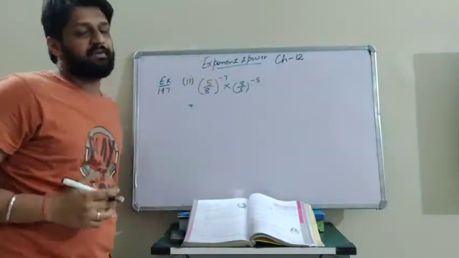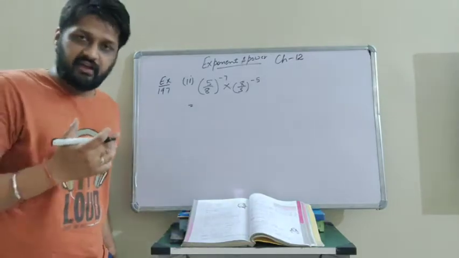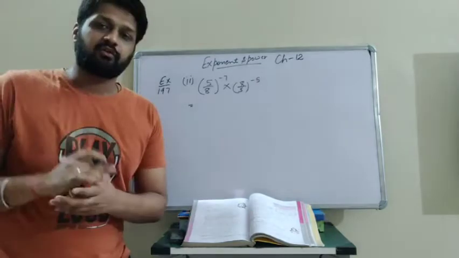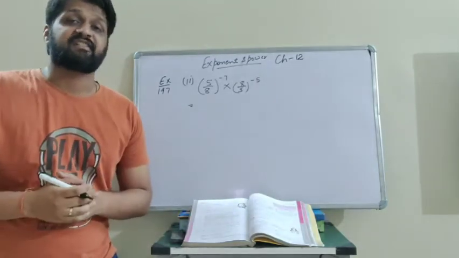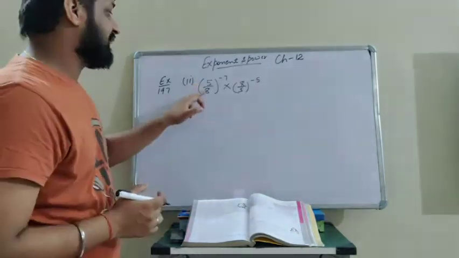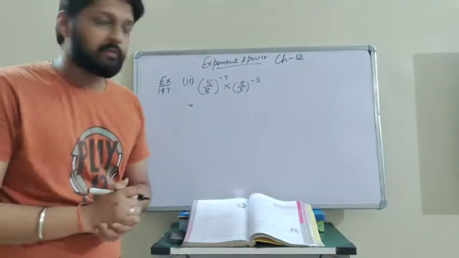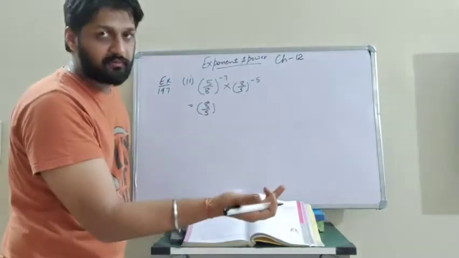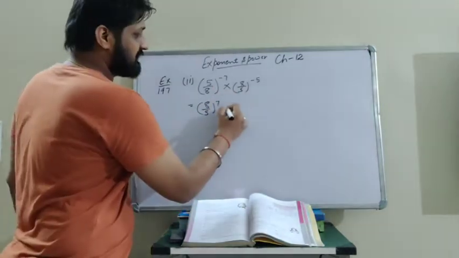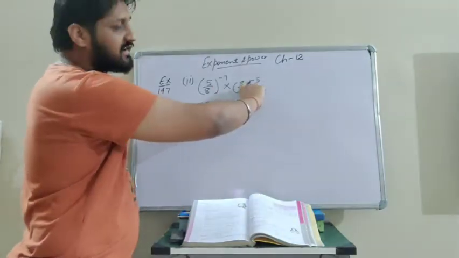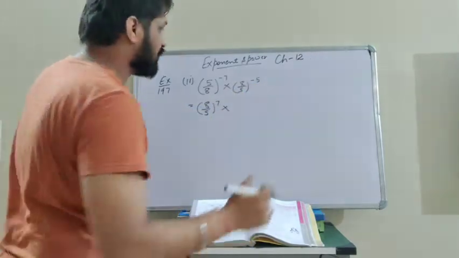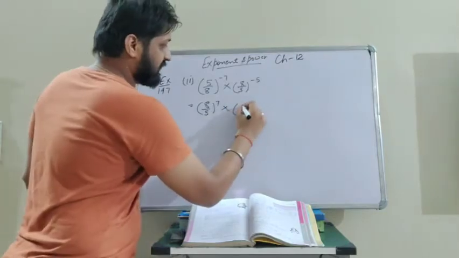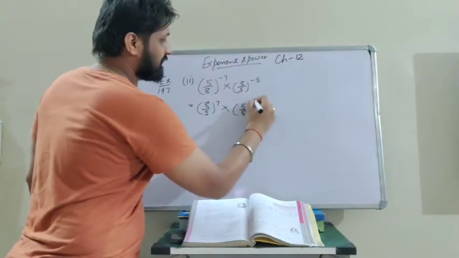Again the same step. The exponent is in the form of a negative integer, so we have to convert it into a positive exponent, and for this we will reciprocate the number. Here it is 5 by 8, so after taking the reciprocal it will become 8 by 5, and power minus 7 will change into the positive, that is 7. Similarly here the exponent is negative and we need positive, so we will take the reciprocal of the number. The reciprocal of 8 by 5 is 5 by 8, and the power will become 5.